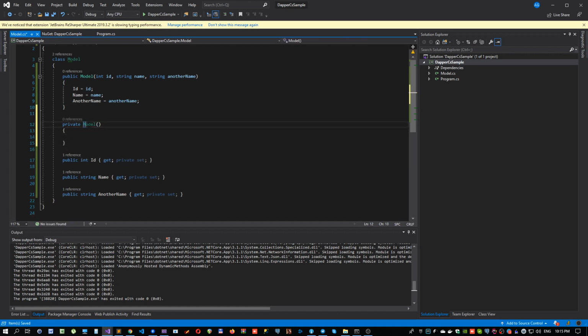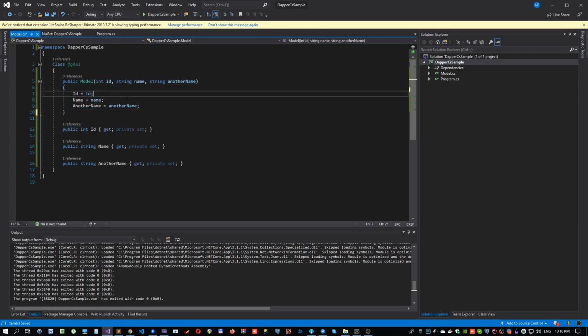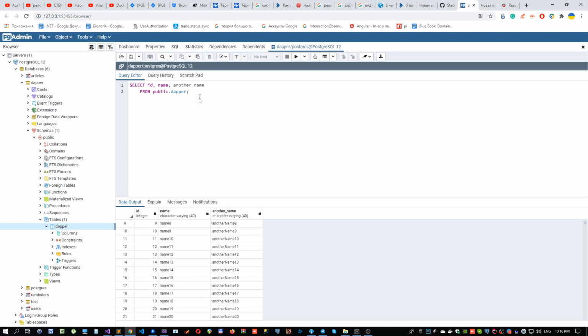Then you actually have some kind of default constructor, and Dapper will use this constructor. But in case you don't have it, Dapper will use this one. But one thing about this constructor, or exactly about these parameters, you need to be aware of it, because